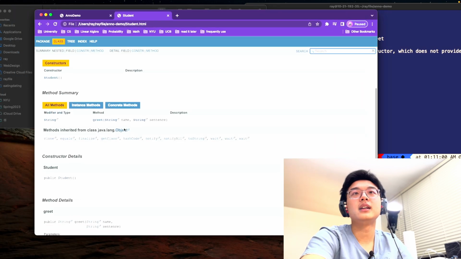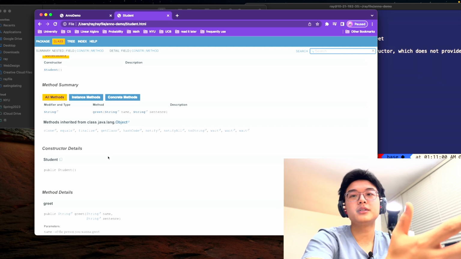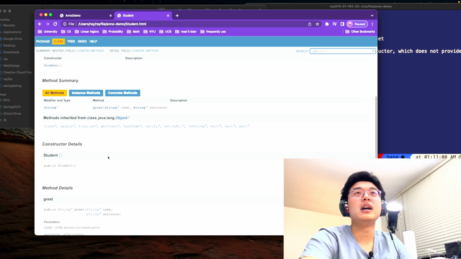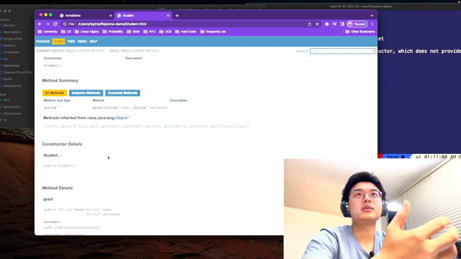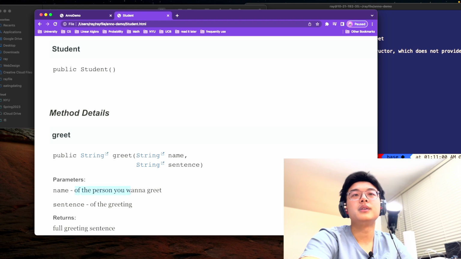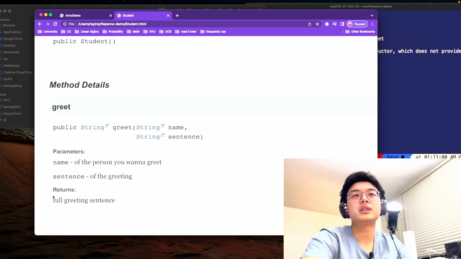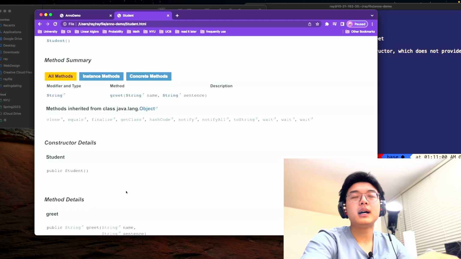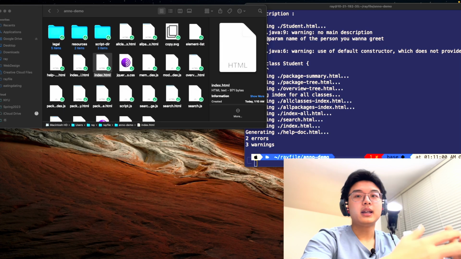You click in, and it's pretty similar to what the Java developers write themselves. And where is the thing I just wrote? It's here, like the name of the person you want to greet and the sentence of the greeting, and then you just return a full greeting sentence. You can change a lot of things by annotation. That's basically how you